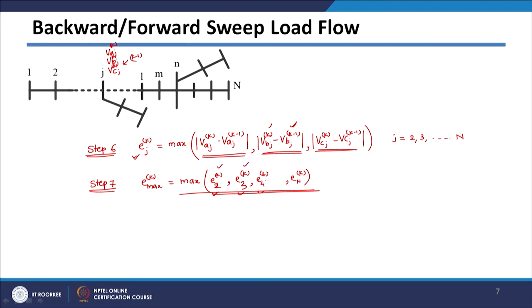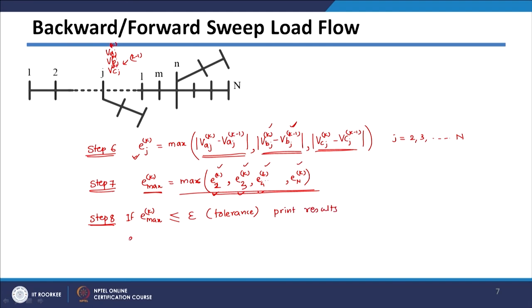So, these are nothing but errors of the voltages at particular bus, and we get the maximum error, it might be happening at any bus in the system, and once you get the maximum error, in step 8 you have to compare this maximum error with respect to your tolerance value. So, E max at your kth iteration, if it is lesser than your epsilon which is tolerance which is given, if this condition is true, there you have to use an if statement here. So, if this is true, you have converged, then print the results as well as store the results,